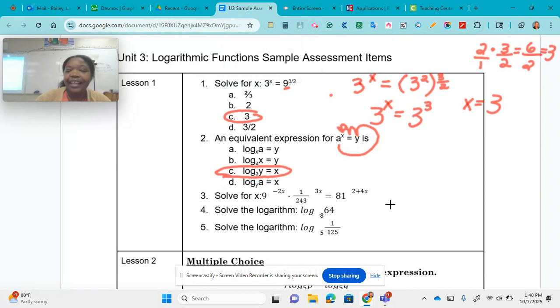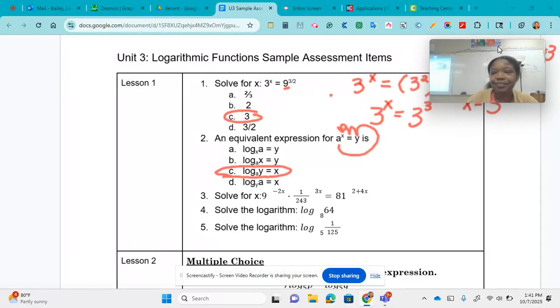Alrighty. And we have number 3. Number 3, I'm going to put it over here because we need a lot of room for it. Move my face over here. So number 3, we have